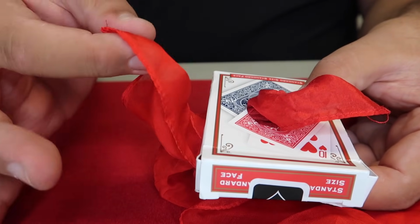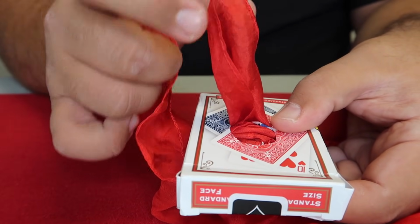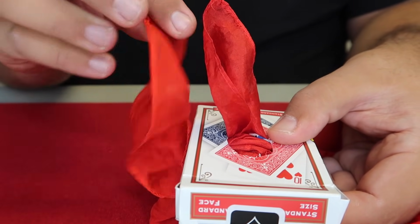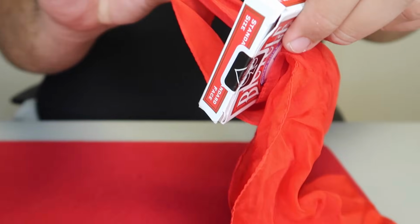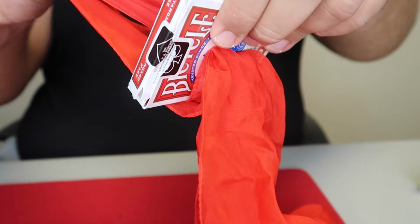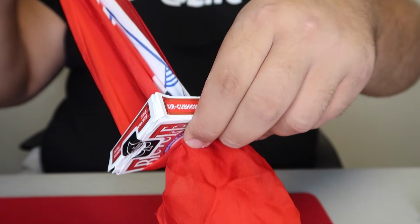You're actually pinching the solid color silk that's going under the box like this, and the one coming from inside the box at the same time. You're pulling them simultaneously. So this one is going to get hidden underneath the queen. So as you pull, it looks like the silk is passing through the box like that, and it's magically changing